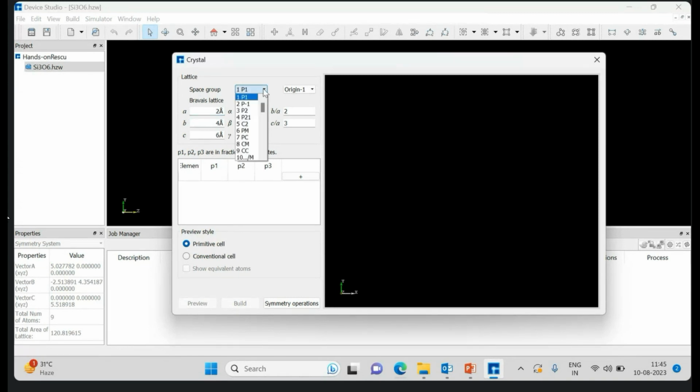Here you can see 1 P1, 2 P1, 3 P2. This is the complete list of space groups, and according to the space group, the Bravais lattice will be automatically selected. And you can also change their a, b, c values, alpha, beta, gamma values. You can add any element from this plus option here. You can see this is the plus option,